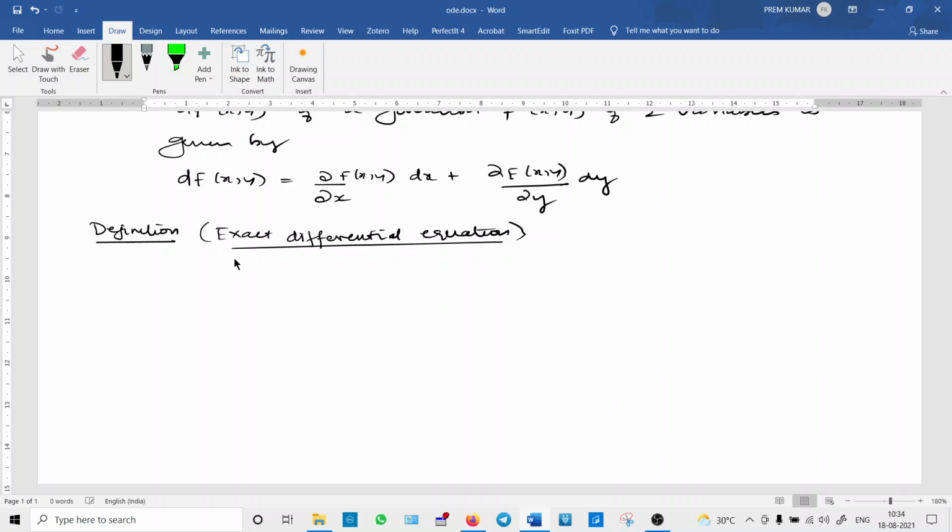We are going to study the definition. Before that we studied what a total differential is and how to find the total differential of a function F. Suppose M of x, y into dx plus N of x comma y into dy